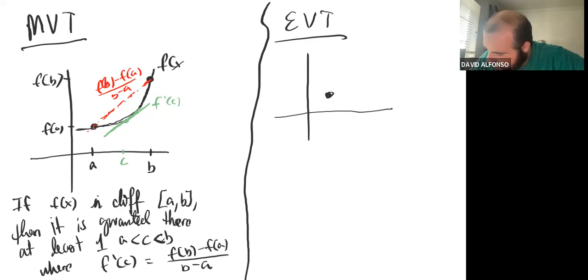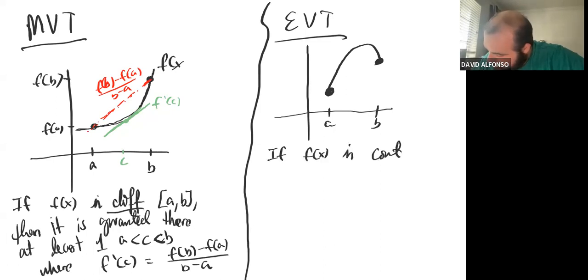Actually, let's do something like this. So basically what this is saying is if f of x is continuous from a to b, it is guaranteed